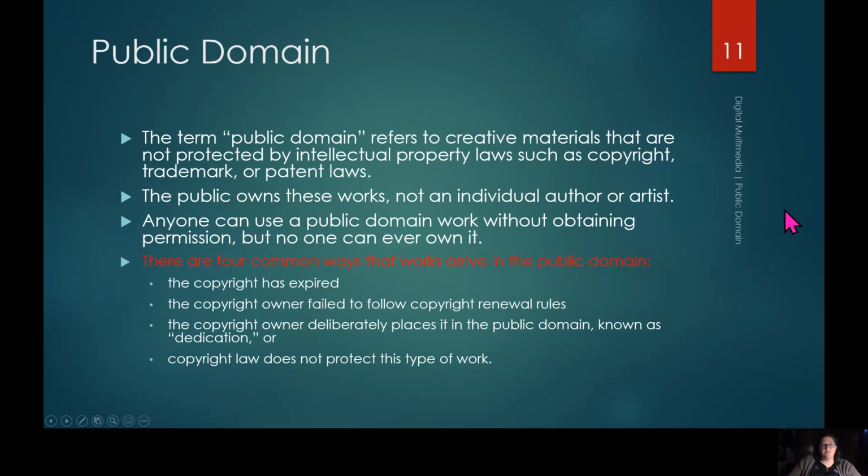Things that go into public domain. The term public domain refers to creative materials that are not protected by intellectual property laws such as copyright, trademark, or patent. The public owns these works, not an individual artist or author. Anyone can use a public domain work without obtaining permission, but no one can